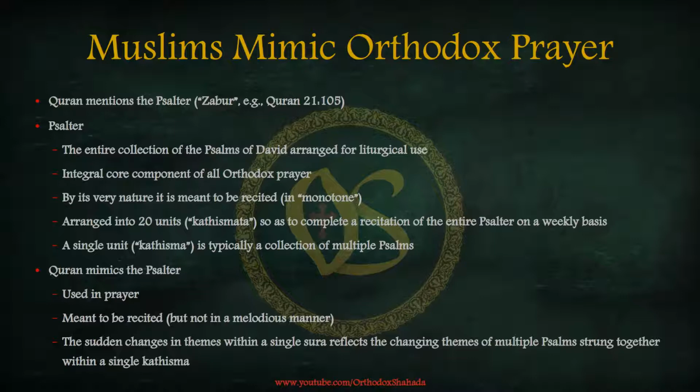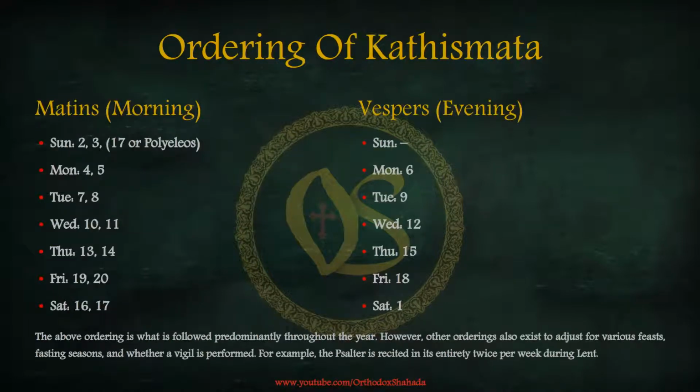rest of the psalms. The Quran mimics the Psalter in that just like the Psalter it is used in prayer, it is meant to be recited, and just like the Psalter, not in a melodious manner. The sudden changes of themes within a single surah reflects the changing themes of multiple psalms strung together within a single kathisma. This table shows the typical ordering of the kathismata arranged according to recitation at matins, or morning services,